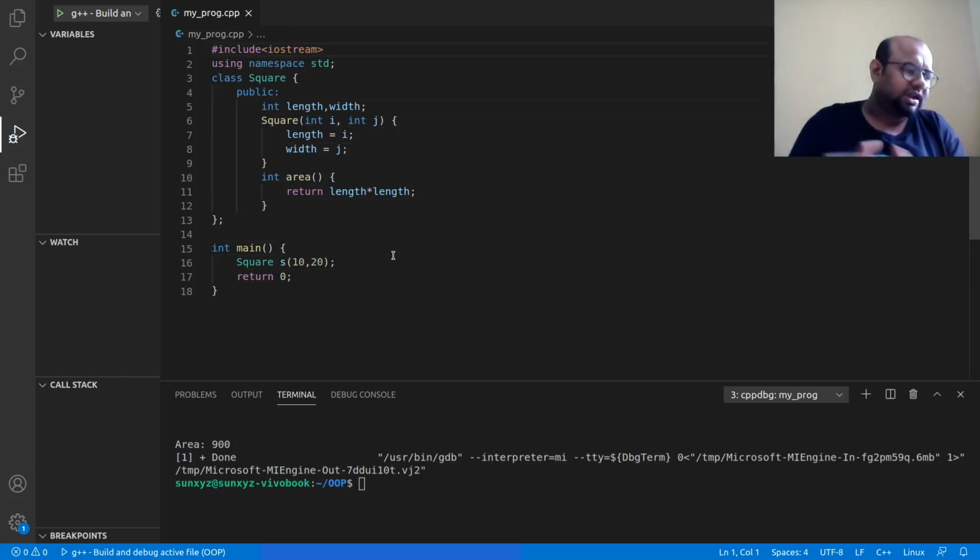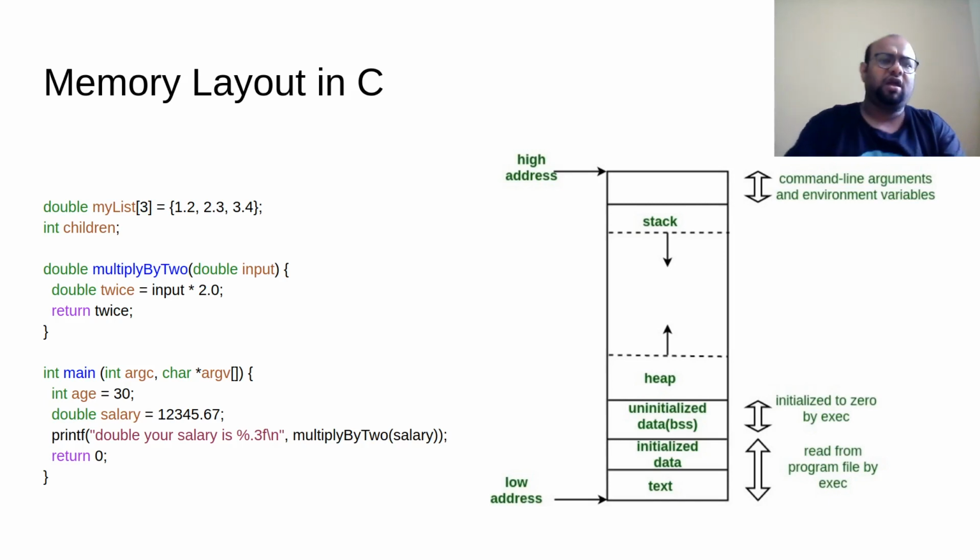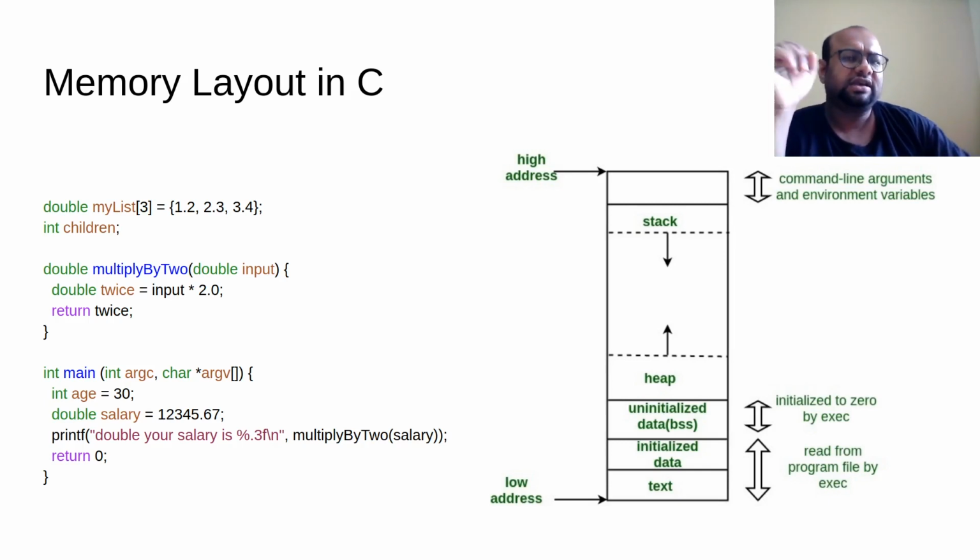Now let us go back and talk about C once again in a little bit more detail. Do you remember this thing? Memory layout in C. So what happens is that when you run a program, how do you run a program? You write a program in some text file, right? Something.c usually in case of a C program, but in case of a C++ program it will be written as something.cpp. So you have this source file, .c or .cpp.